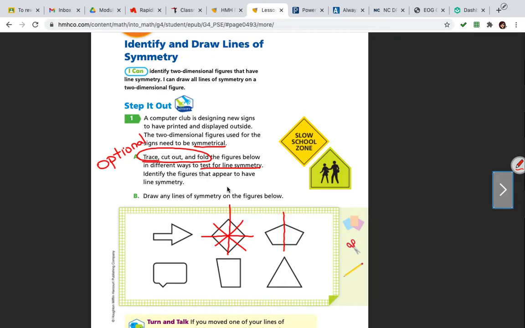Equilateral triangle, we can draw at each point. So from this point to the middle, that's one line of symmetry. This line right here to the middle is a line of symmetry, this line here is a line of symmetry. So we have 3 lines of symmetry. So from point to the half, from point to the half, point to the half. So those are our lines of symmetry. On the next page,